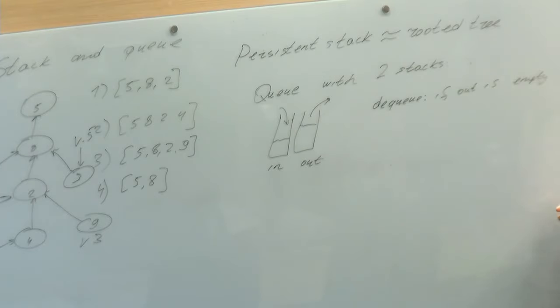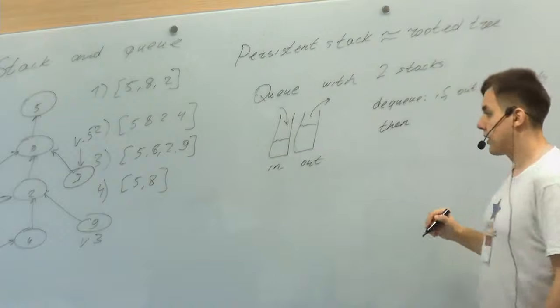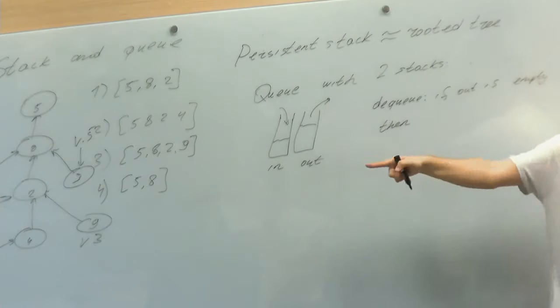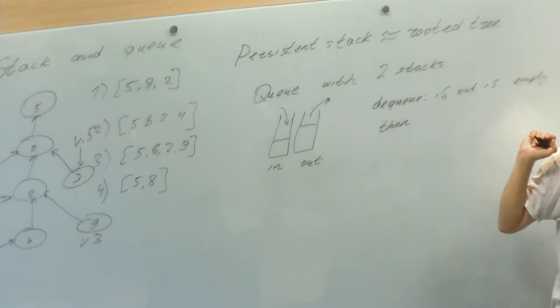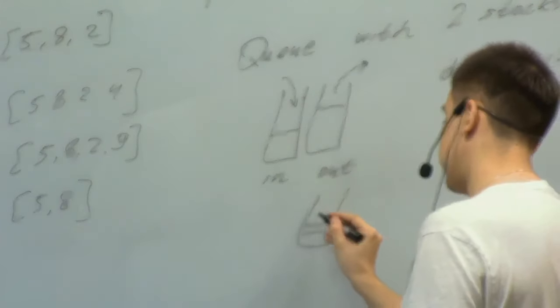So if out is empty, then we will move all elements from in to out one by one. So if there are some elements in the in stack, 5, 4, 1, 2, and the out is empty,